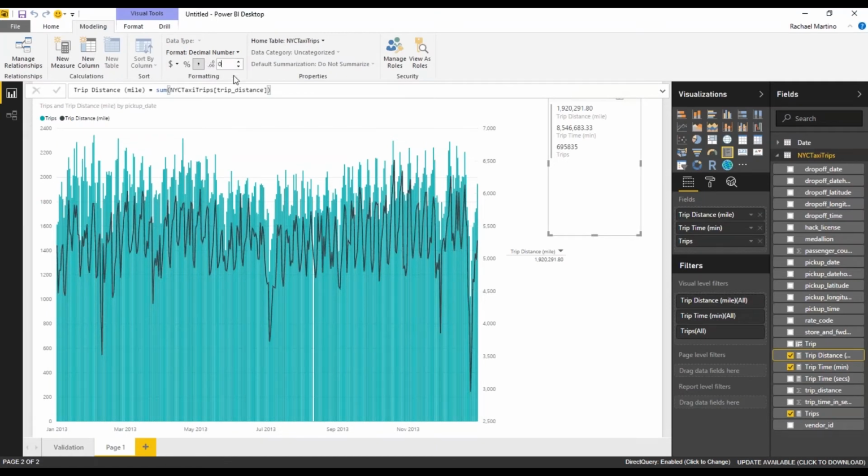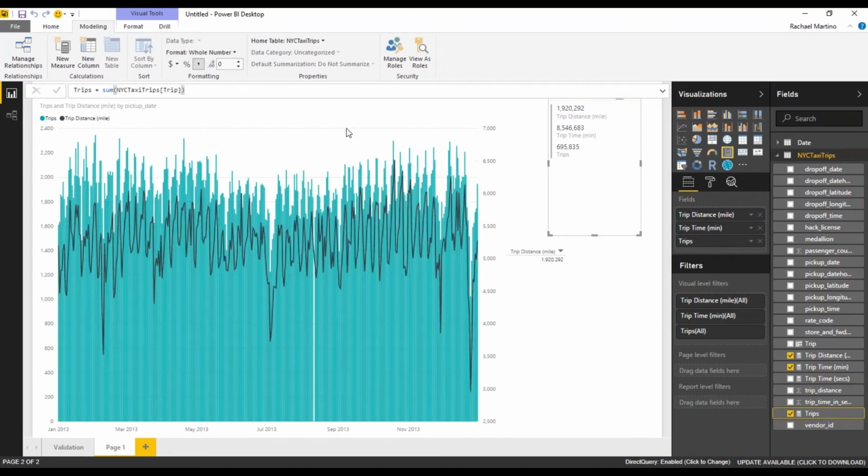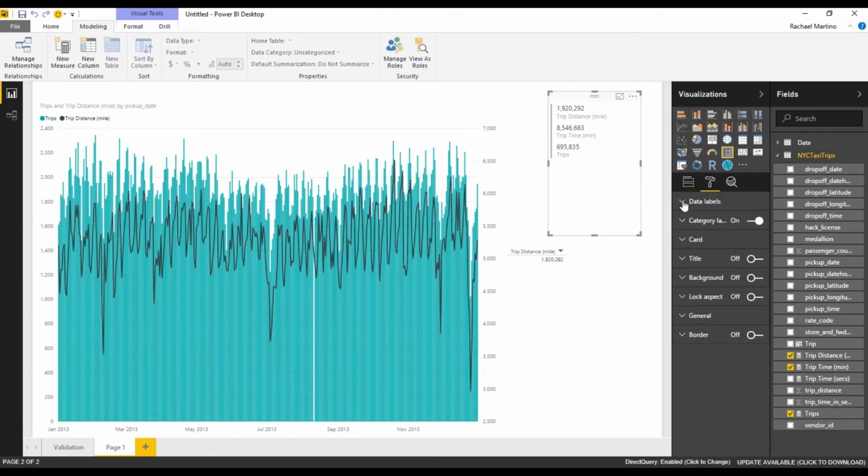Not 20, but that. And so I'll do that for trip distance. I'll do that for trip time. And I'll do that for trips, which is a whole number, so I don't need to make that modification. So now, if I just come here and make this a little bit bigger,